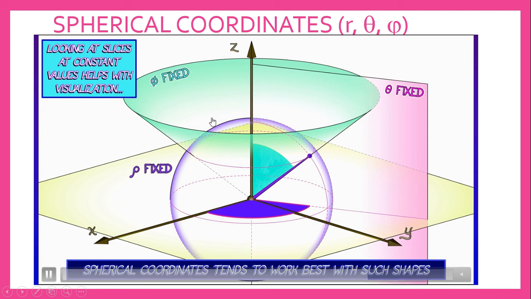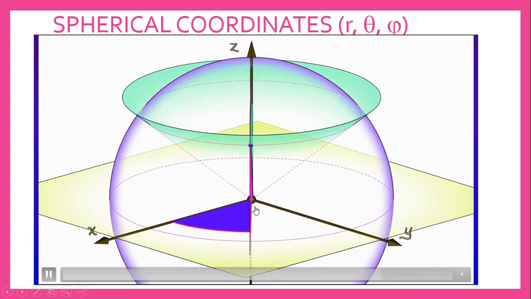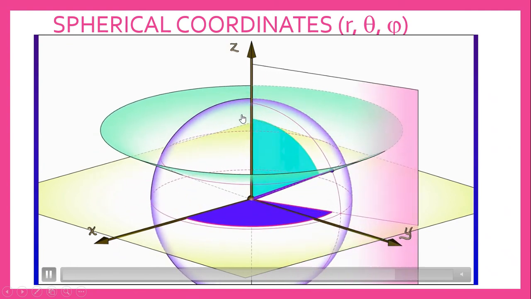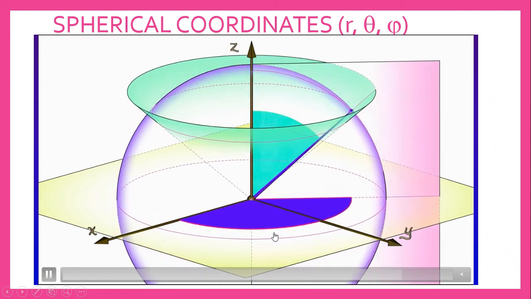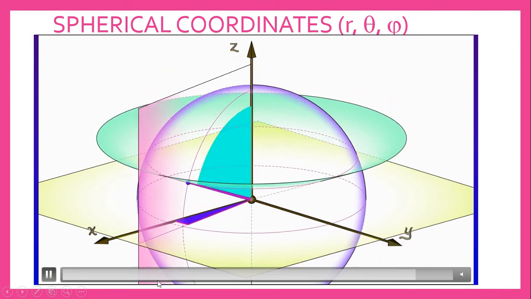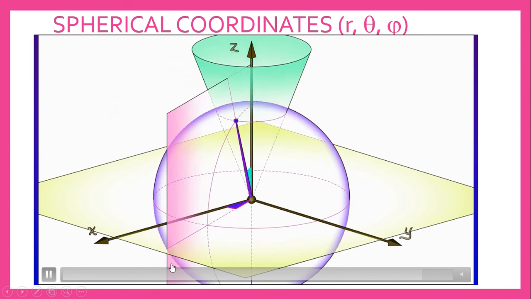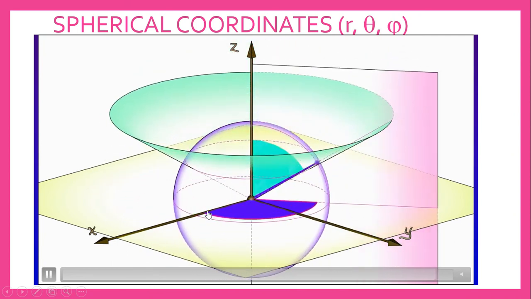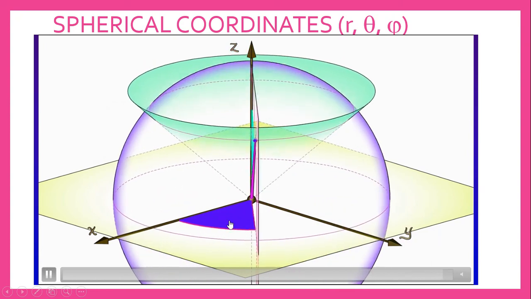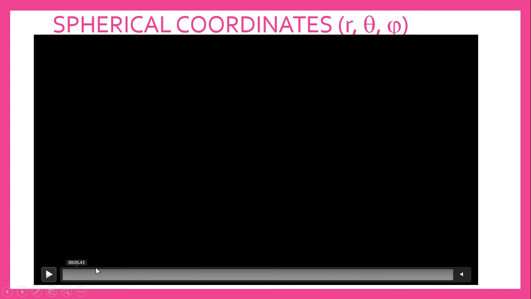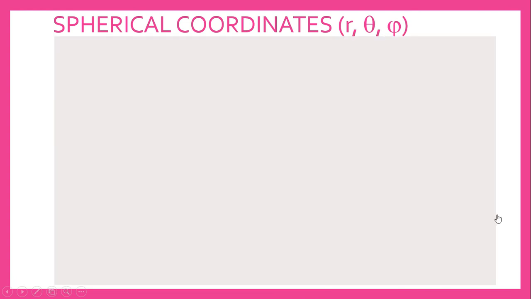For this, phi is fixed and here theta is fixed. Now you can imagine very well how the cone is varied: the sphere, sector variation, cone variation, as well as the radius variation, you can see here. See this blue angle varies from 0 to 2 pi, dark blue. So then I think you will now understand how the spherical is formed.